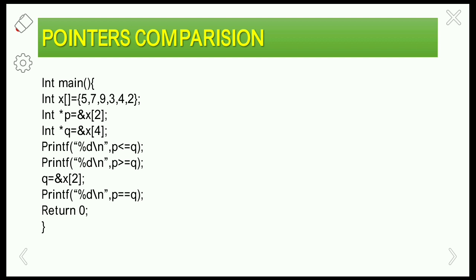Now let us get clarity about this concept by seeing an example. So int main, int x of 5, 7, 9, 3, 4, 2. So this is the array I'm taking, an array x with these values, of length 6.